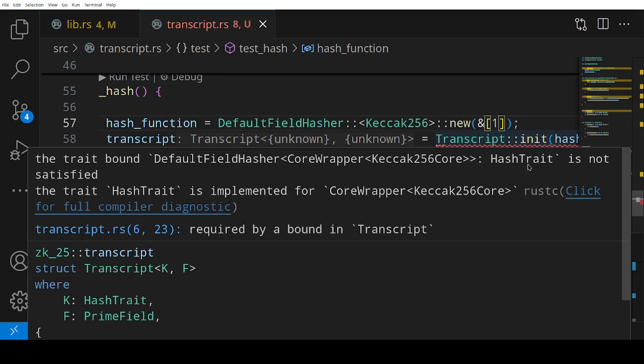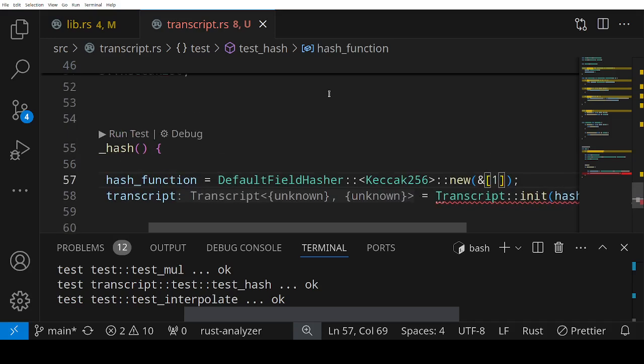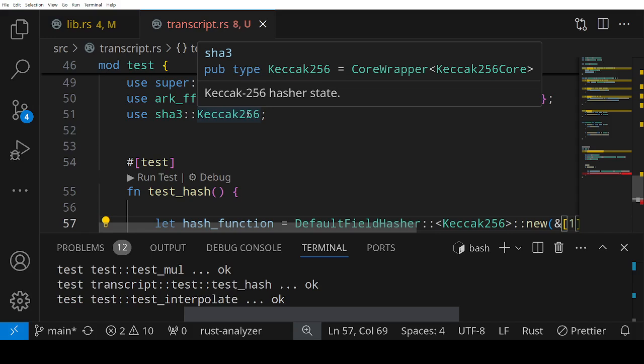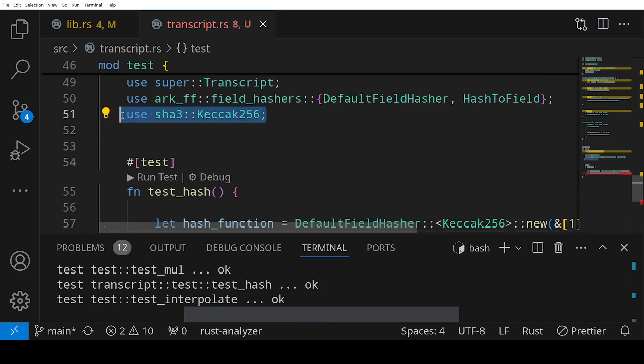So this hash trait is not satisfied. Is that what they are saying? That is not satisfied for Keccak. So we can't use Keccak directly, right? Because we have not implemented the hash traits for Keccak directly. So what we need to do is